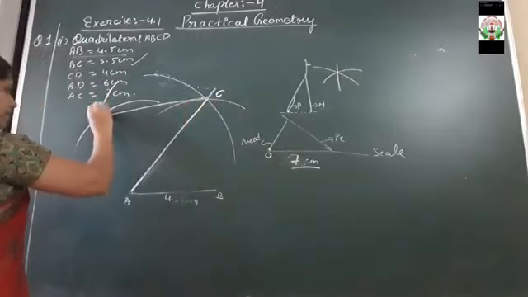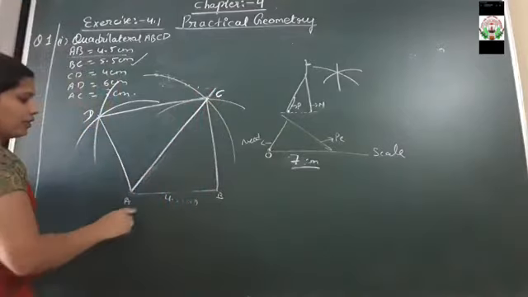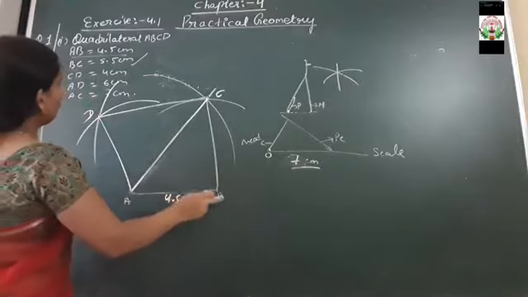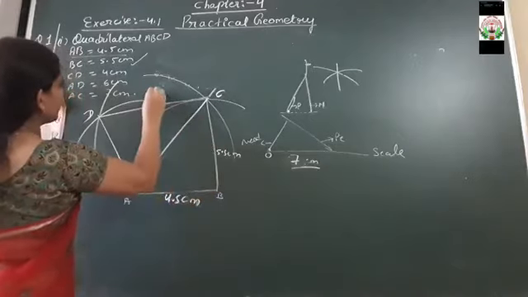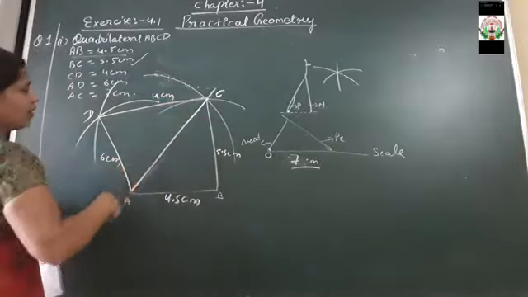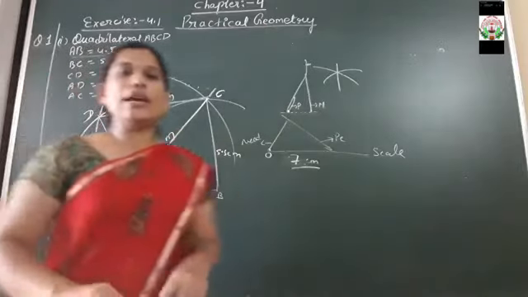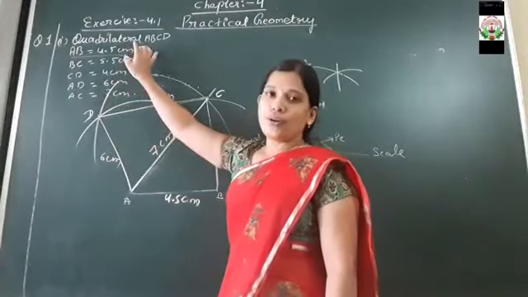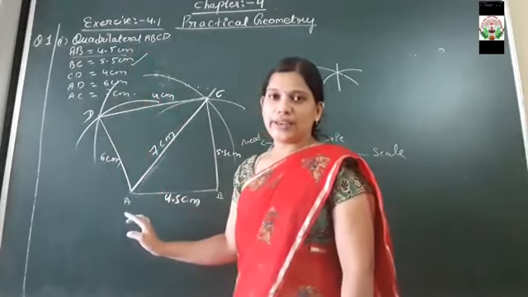Okay, now like this D part, this is the C part. Clear everyone? So 4.5 centimeter we are having this side, isn't it? Then BC we are having as 5.5 centimeter, CD we are having as 4 centimeter, and AD measurement we are having as 6 centimeter. And the diagonal AC we are having how much centimeter? That is 7 centimeter. So in this way you can construct a quadrilateral whose measurement is being given in the book. क्वेश्चन में मेजरमेंट दिया हुआ है, उस मेजरमेंट की हेल्प से आप इस तरह से क्वाड्रिलेटरल बनाएंगे। ठीक है।